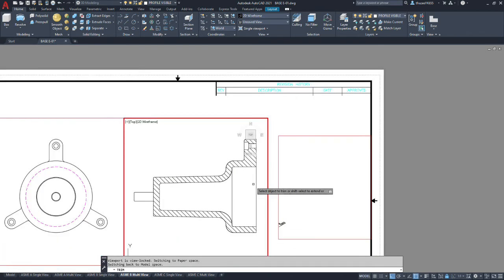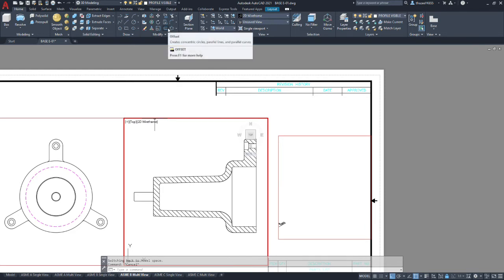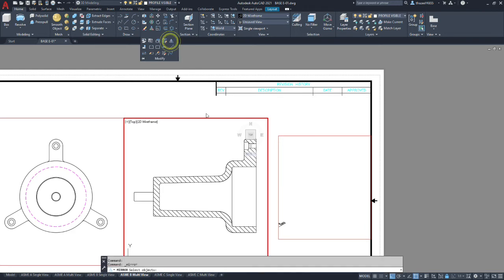So let's go ahead and mirror the top geometry that would occur down here. We're going to go to modify, and we're going to use the 2D mirror, and we're going to select a bunch of geometry there.